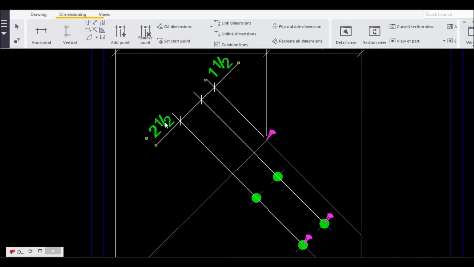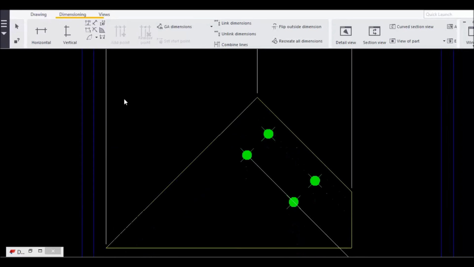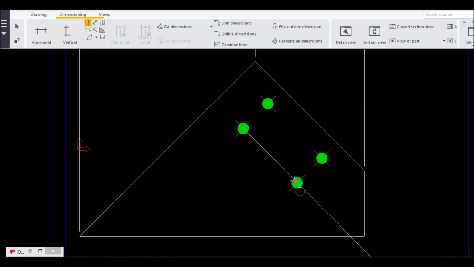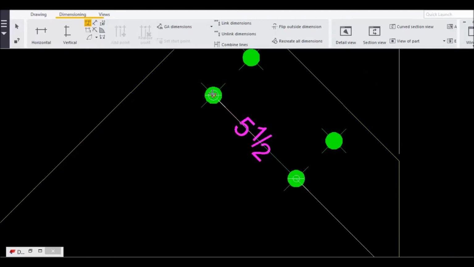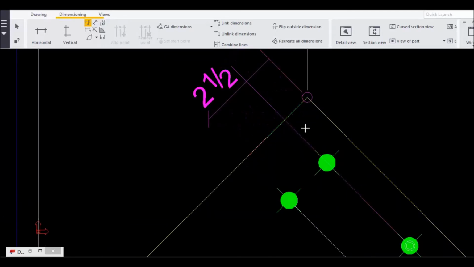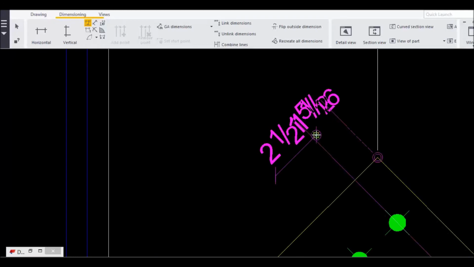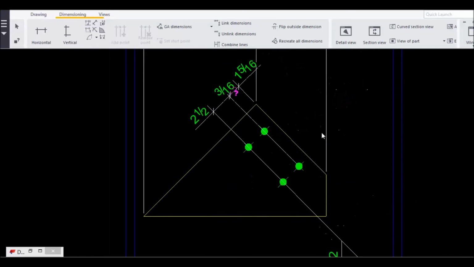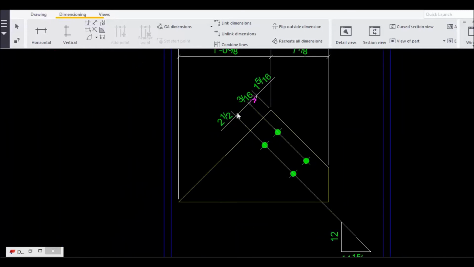For example, same thing we can also go for this perpendicular dimension, so you can give this same side. For that, you go to add perpendicular dimension, you take first hole, and this is the reference line for me, and now I take this first, second, and this is the third. So in this direction, in this way we give the perpendicular dimension.